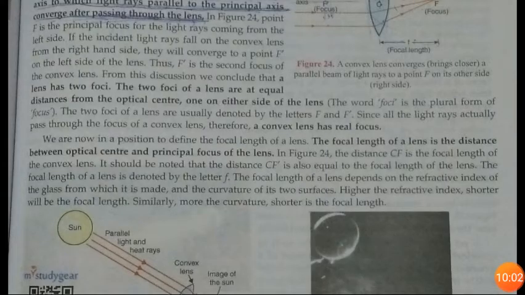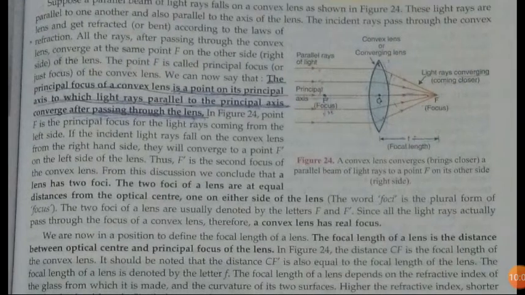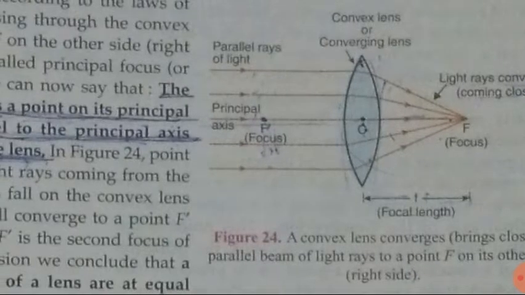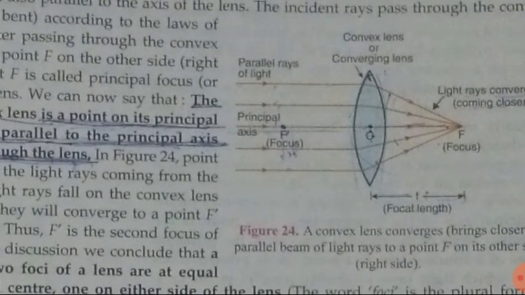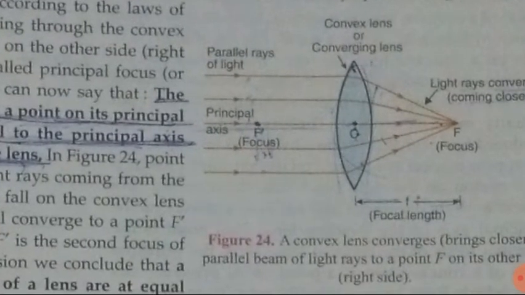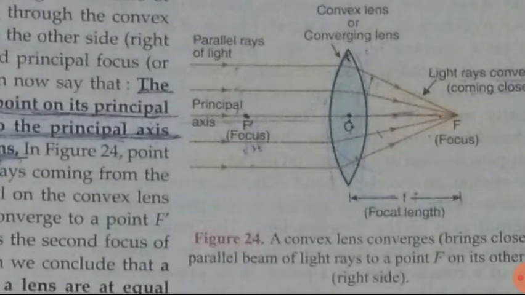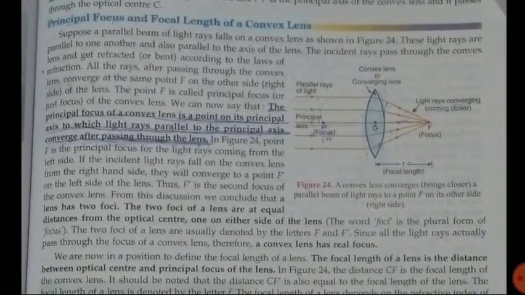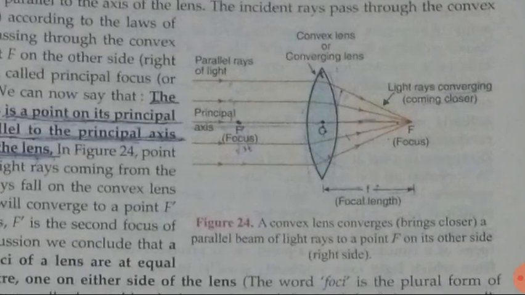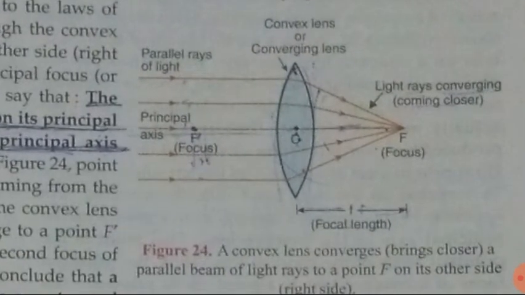Then one more important thing is there, that because the lens is having two curved surfaces, that's why the lenses are having two focus. And the distance from the optical center to focus, that distance is called focal length. Okay, and here in this convex lens, the light rays are meeting at one point, that is, they are converging, they are coming closer to each other. So when the light rays come close to each other, this phenomenon is called converging. So convex lens is what kind of lens? It is a converging lens.